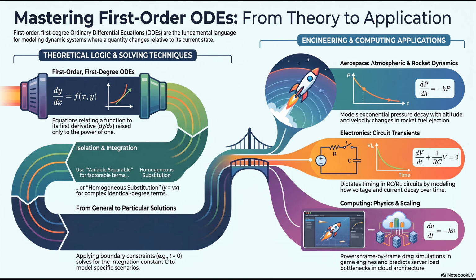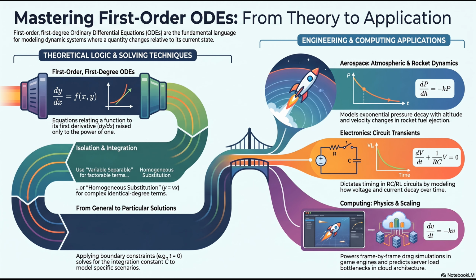To figure that out, to really nail the curve down, we need boundary constraints. Which anchors this floating theoretical math into hard reality. Precisely. A boundary constraint is a known, indisputable fact about your specific physical scenario. Like what? Give me an example. For example, you might know that at time 0, a chemical reaction starts with exactly 5 grams of material. So at t equals 0, y equals 5.